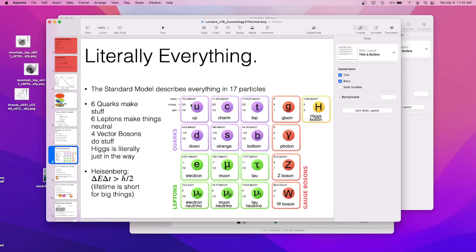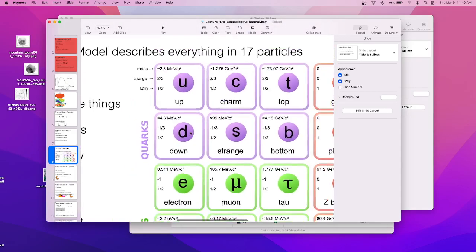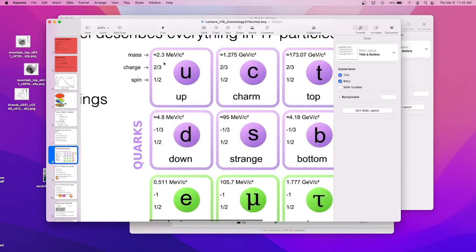So the up quark is 2 MeV. The down quark is 4 MeV. I don't know if you can see these numbers. Maybe I'll make it bigger. There you go. So the up quark is 2 MeV per c squared. MeV per c squared, that's a mass, right? Because an electron volt is the kinetic energy of an electron that's been accelerated over 1 volt, right? Remember that from way back in the day. I don't know when you learned that, actually. I have no idea when I learned that fact. Sometime in physics. Okay, these are 2 MeV.